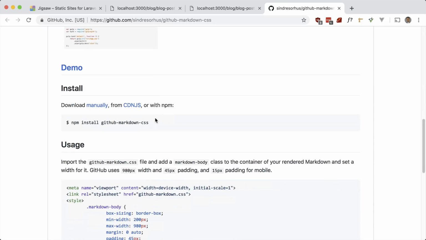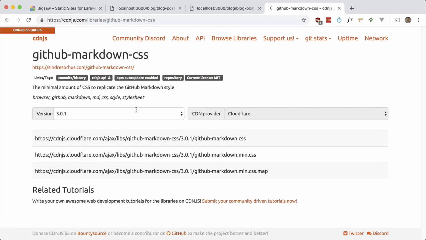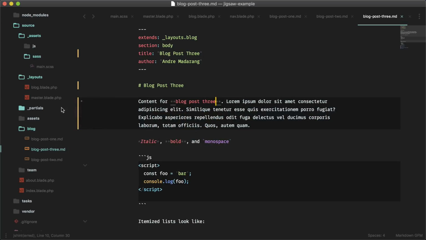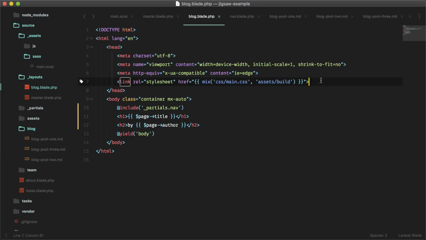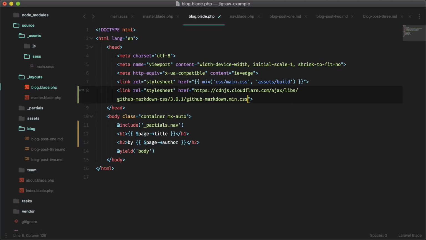So let's go ahead and you can pull it in. I'm just going to use the CDN here. So I'm just going to copy this. And I'm going to go into my template for my blog right here. And I'm going to add it right here. So link. Okay. Now